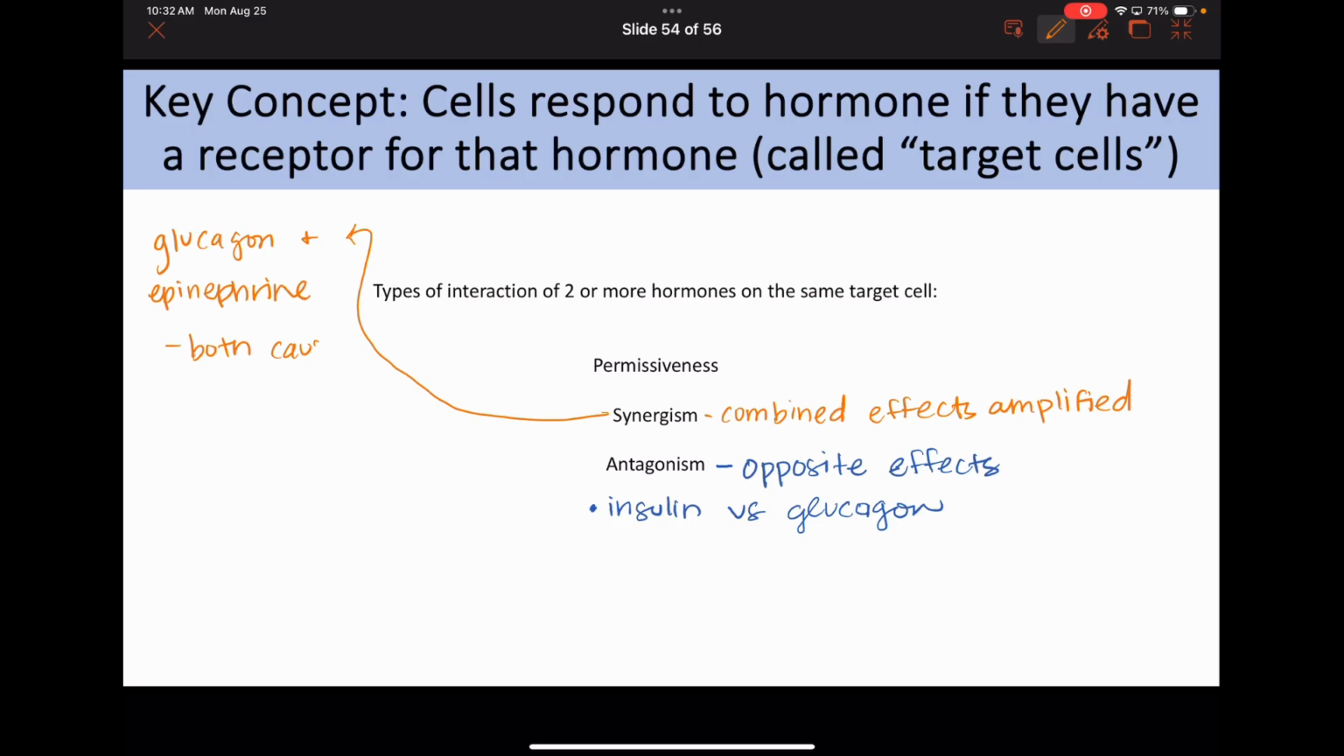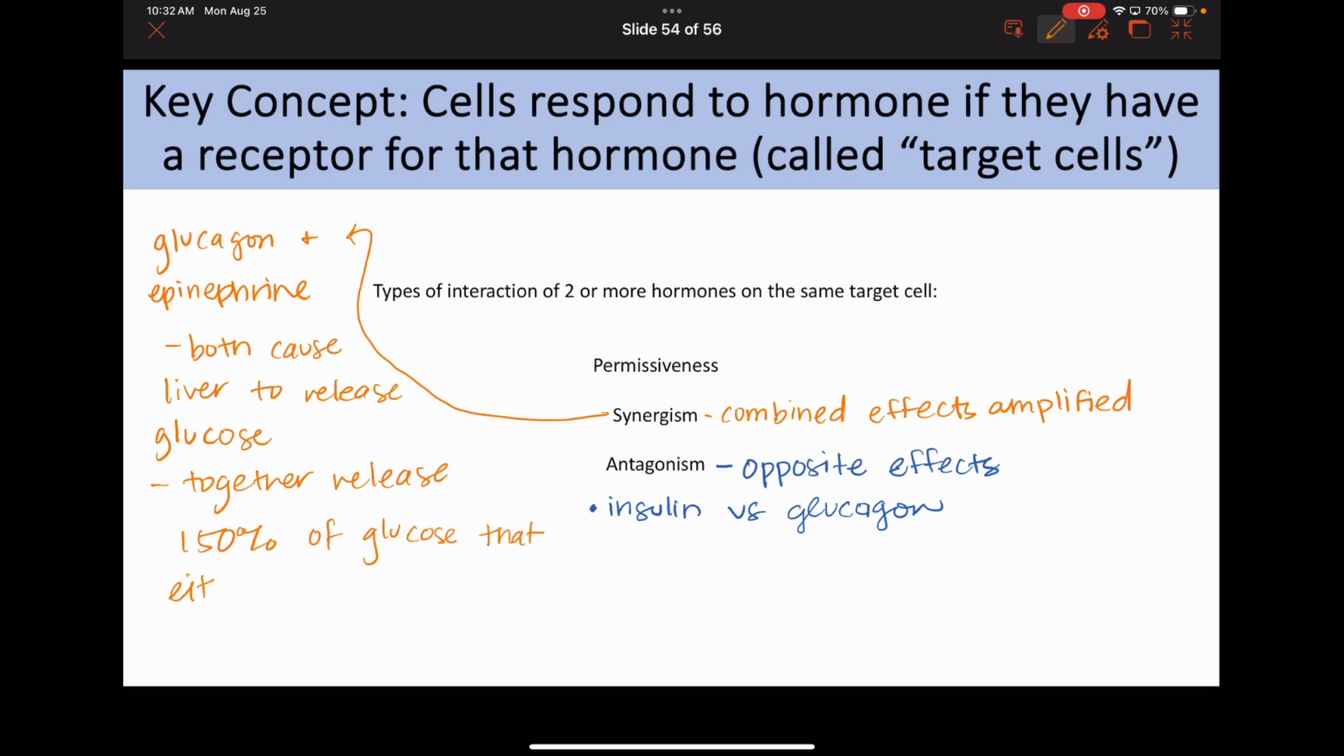Both cause the liver to release glucose. But together, they release 150% of the glucose that either can alone. So the amount of glucose that's released when they're both working together is much greater than any one of them